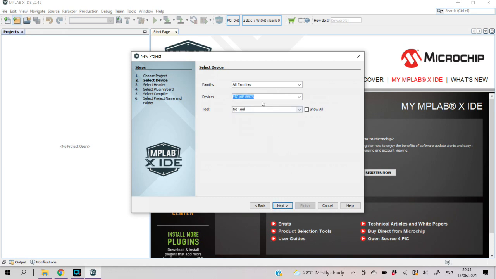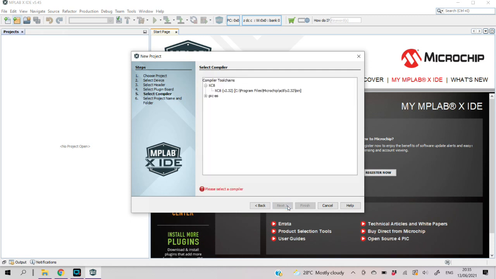If we already fill the device needed, or the IC needed, we will click next and we will choose a compiler,